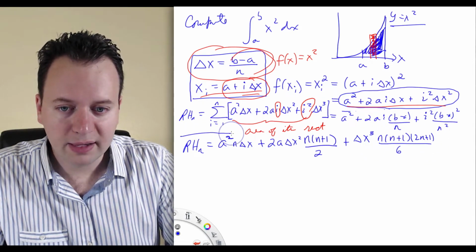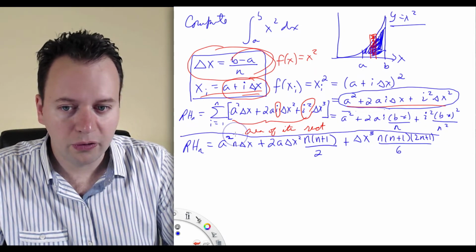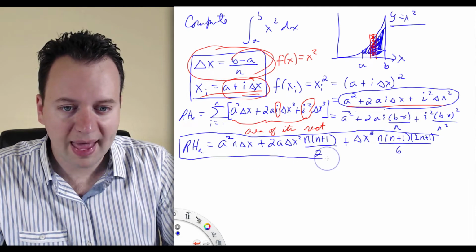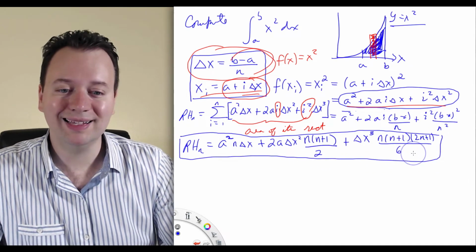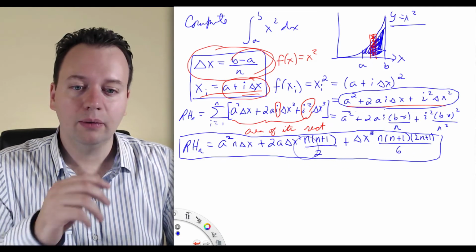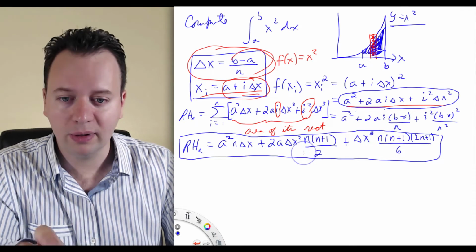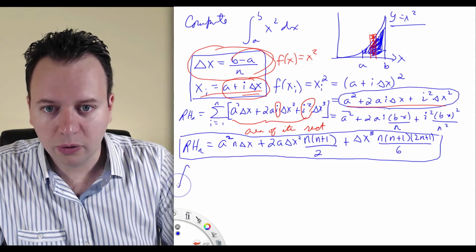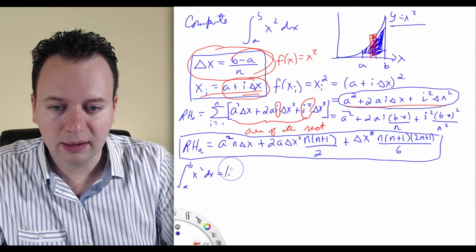So there's a nice closed form solution for the right-hand Riemann sum with n subintervals. So all we have to do next is take the limit as n goes to infinity. And we want to be careful because delta x now depends on n, so we better write out what delta x is. So the integral from a to b of x squared dx is going to be the limit as